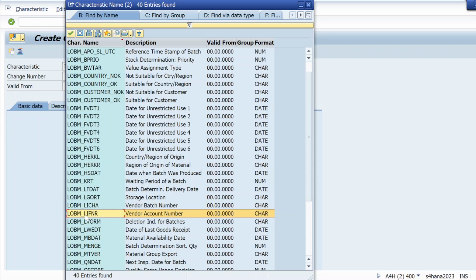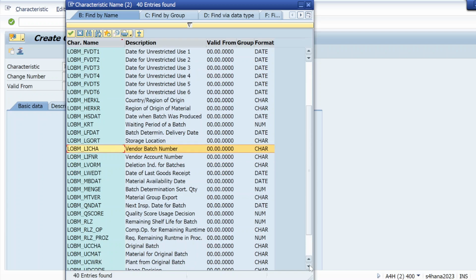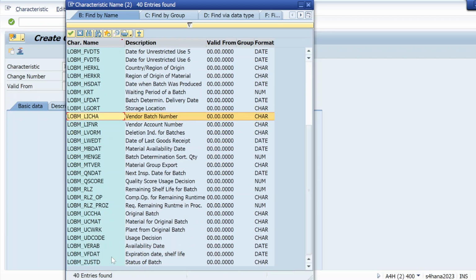This one is for expiry date and shelf life. So that also we are going to use for maintaining expiry date and shelf life.